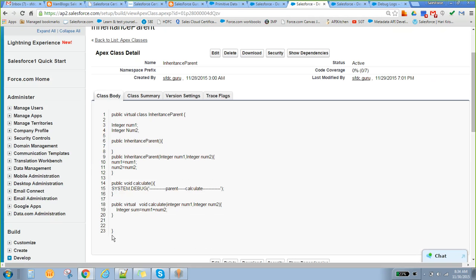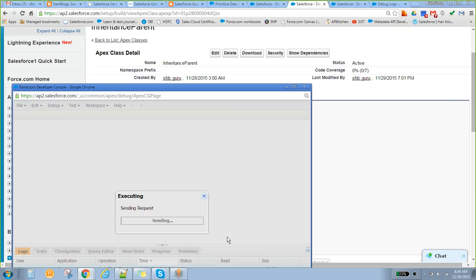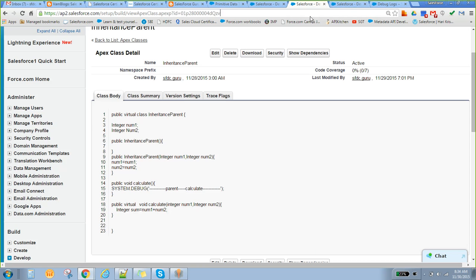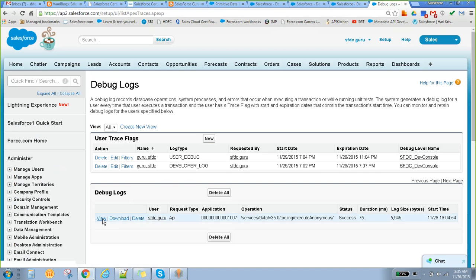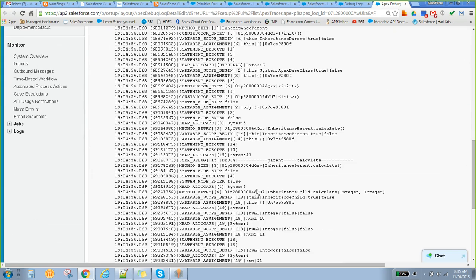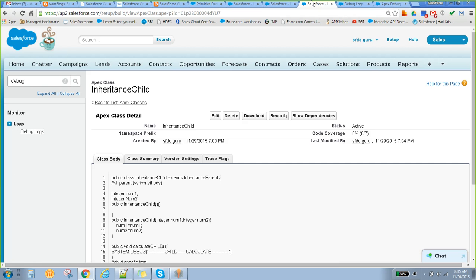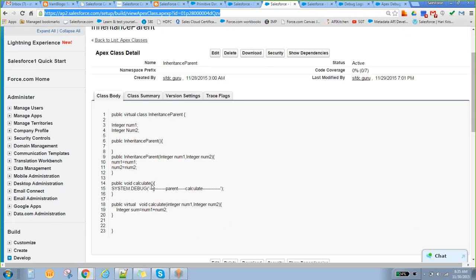So let me run this particular piece of code. What will happen? Okay, it's done. Go to the debug log and check for this particular log. What will happen? The first method will always call the parent calculate method. Why? Because there is no calculate method here, correct? The calculate method with no arguments will be available in